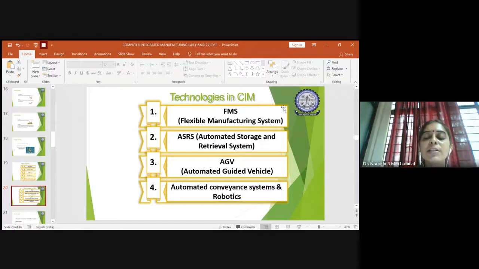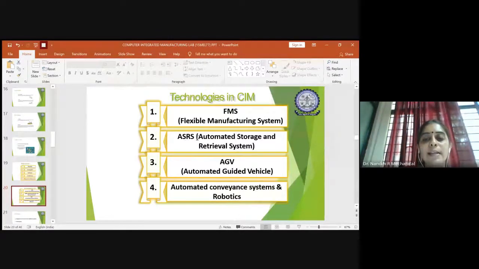Some manufacturing systems will be adhering to a step-by-step process. If a sudden change happens or the demand changes, you won't be able to make changes and continue that flow of manufacturing. It needs a breakdown and then a restart, but that won't happen with the help of our flexible manufacturing system.